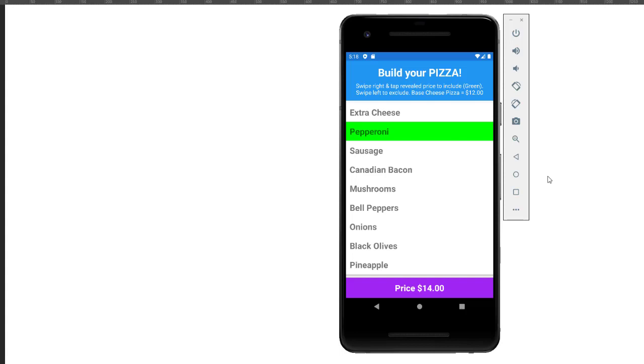can wrap other views with to provide swiping actions. So here I built the Build Your Pizza app, and we have a base price of a pizza of $12, and then we can choose different toppings. So pepperoni's been selected for us by default and gives us a total of $14, so they charge $2 for pepperoni. I can add additional items, let's say mushrooms, by simply swiping